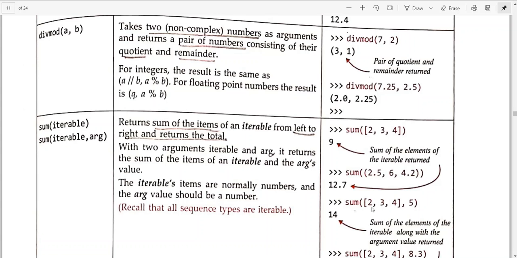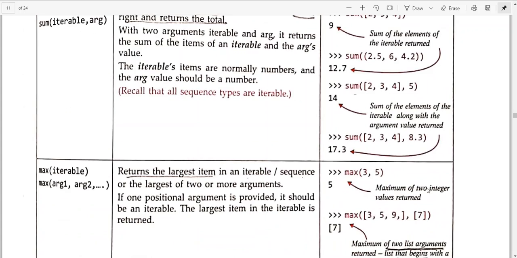Okay, so similarly, if you are giving various arguments this way, where one argument is your list and another one is an independent element inside this sum function, that will also be added. Firstly 3 plus 2 is 5, 5 plus 4 is 9, so 9 will be added to 5, that will give you 14. Okay, similarly it can be done for floating type addition as well. It will hardly make any difference whether the number is floating point or decimal.